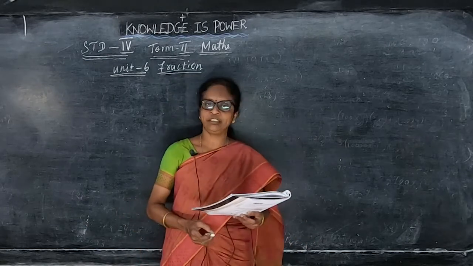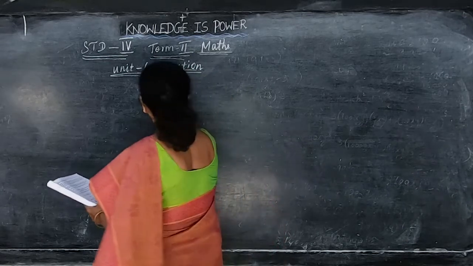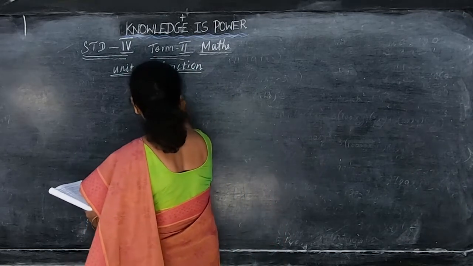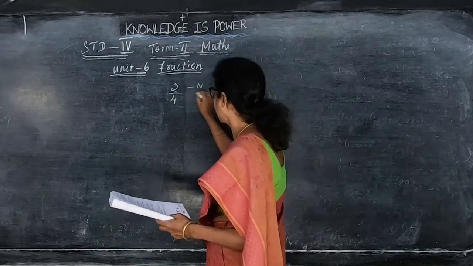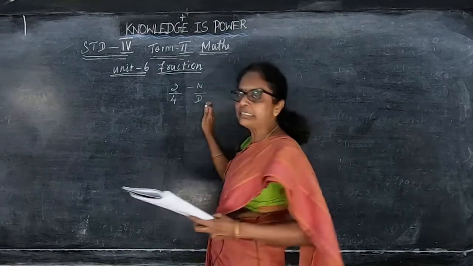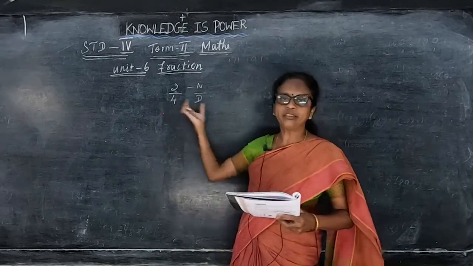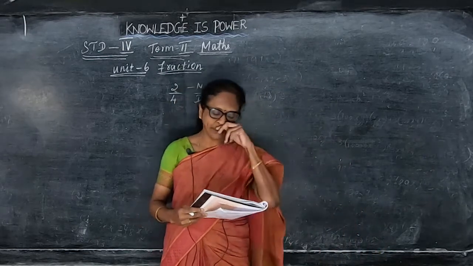You know what do you mean by the fraction? Numerator and denominator. It can be written like this. If 2 by 4, this is known as the fraction. This is not the whole number. So this is the numerator and this is the denominator. Numerator is smaller than the denominator. எப்போமே denominator தான் அதிகமாக இருக்கும், numerator கம்மியாக இருக்கும். So in this, what do you mean by the fraction?